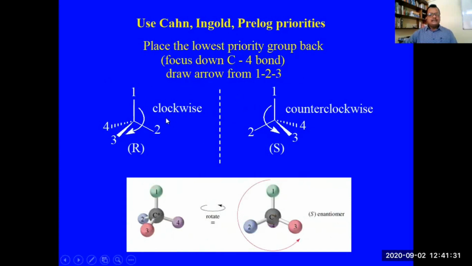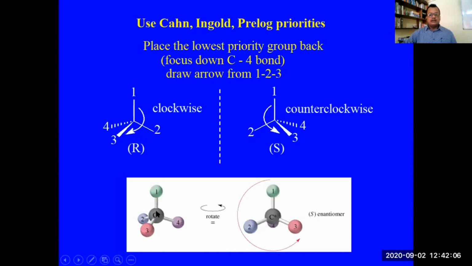So here it is in what projection? It is called the wedge representation. This is the wedge representation. This is the chiral center, and these are the 4 different atoms or groups: highest priority, second highest priority, third highest priority, and fourth is in the broken wedge, which means it is behind the plane. That means when I am looking from this side, 4 is away from it. Then sequence 1, 2, 3 clockwise, so it is R. The sequence 1, 2, 3 anti-clockwise, it is S.